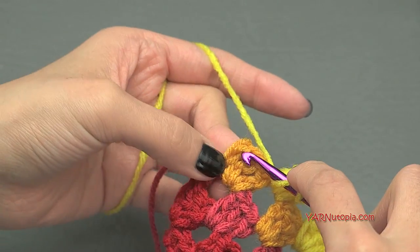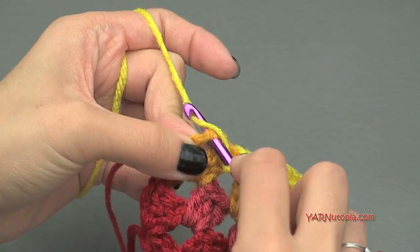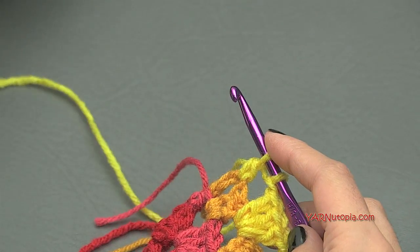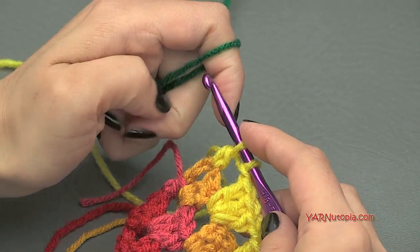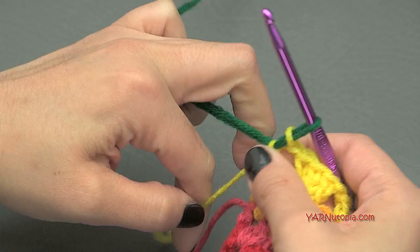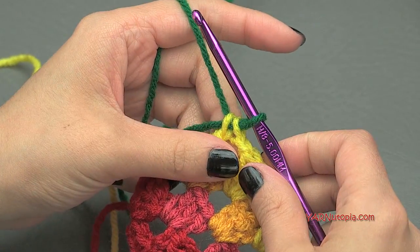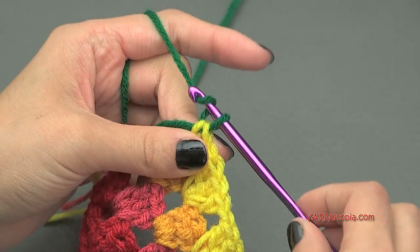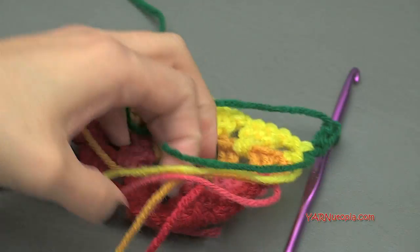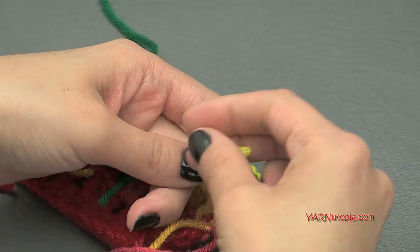So yarn over, go into this last stitch on this row, insert your hook, yarn over, pull through, yarn over, pull through 2, and I'm going to change color, so I'm going to grab my new color and finish off that double crochet by pulling that all the way through like that. Okay, then going on to row 6, we are going to repeat row 4. So chain up 3, 1, 2, 3, turn your work, pause for a sec, we're going to cut our old color, tie these 2 in a knot,